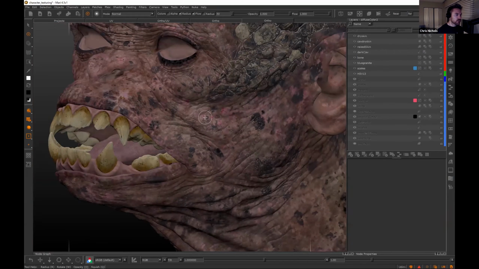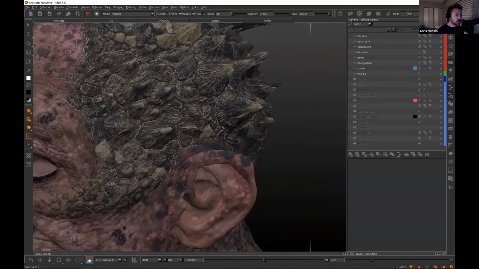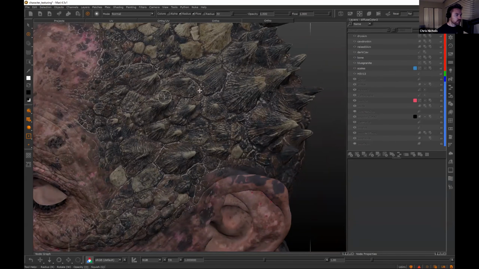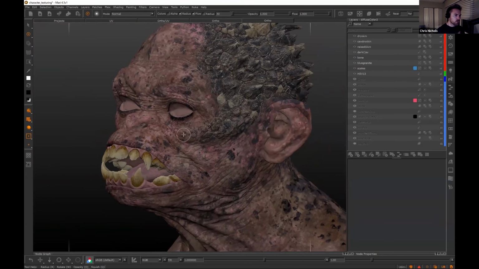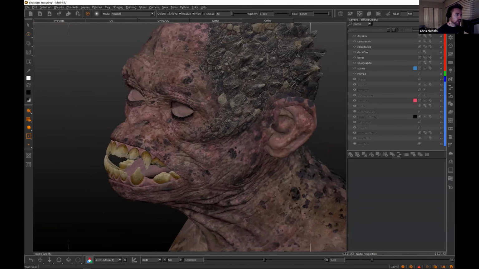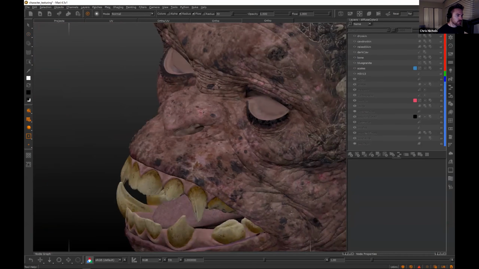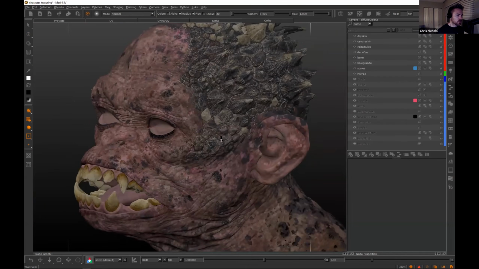That's all going to go back into the shading for the skin surface, as well as all the detail that I put into the scales. Again, referring back to my concept art so that I'm following my guide. I usually don't stick to it 100%, but at least it gives me a foundation so that I can start to branch out and explore different things if they suggest themselves. But I love having that exploration that I did at the beginning with the concept art so that I know which sort of direction to go in for the coloration, where I want to put the details, and then how it should look from a distance and close up.